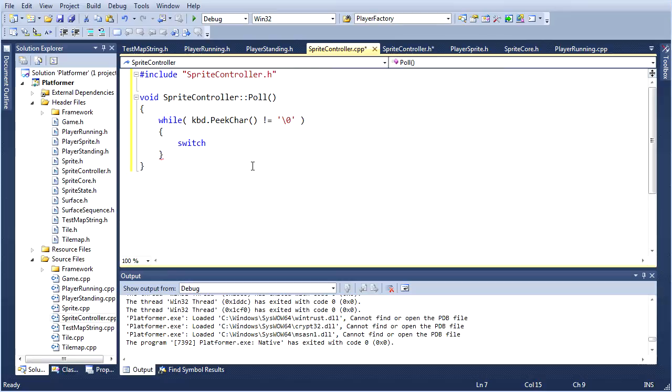So we want to do a switch here. We'll do it this way, right? We'll say switch kbd dot read char. Is it char or is it key? I think I want key actually. Read key. Case virtual key right. And if it is a right button key press, we want to go sprite